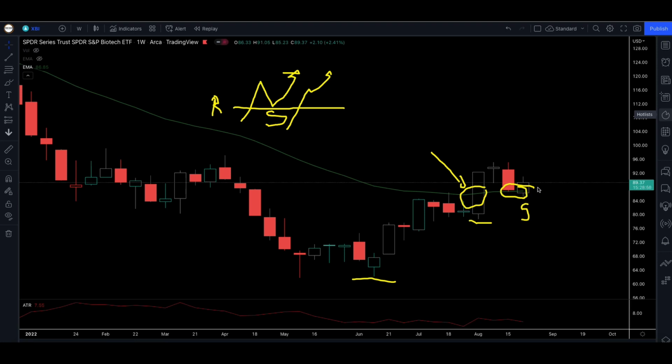So when you buy here at this bounce, remember that when you first made the buy, you were supposed to set the stop loss just a few cents or few rands, depending on the currency, it could be USD, it could be rands, below the low of that confirmation candle, especially if you're using candlesticks. Then for the second buy on that bounce, the stop can be the same stop as the previous one, but make